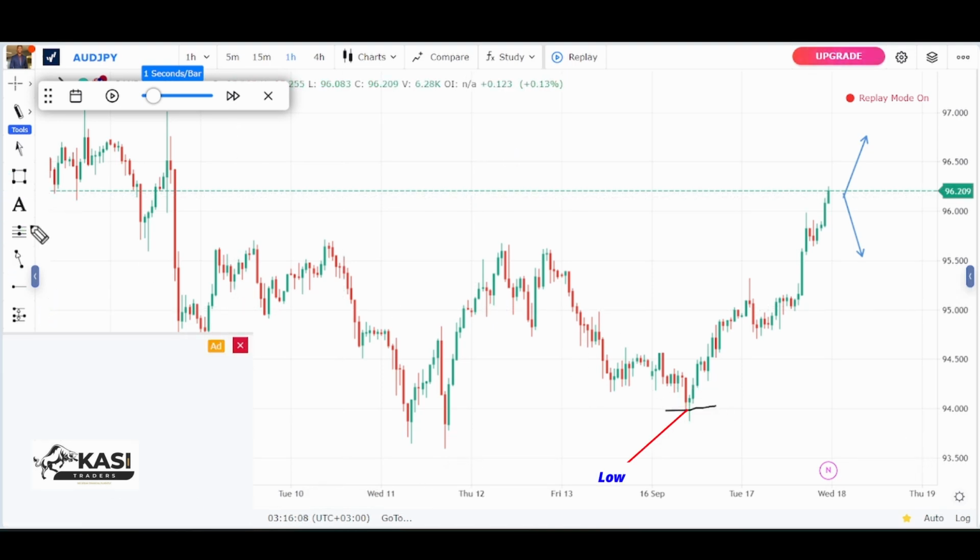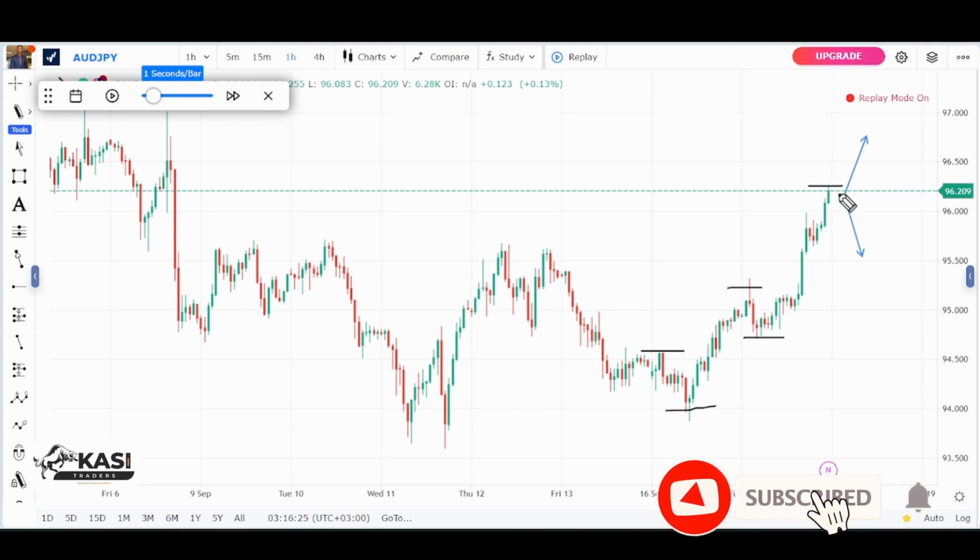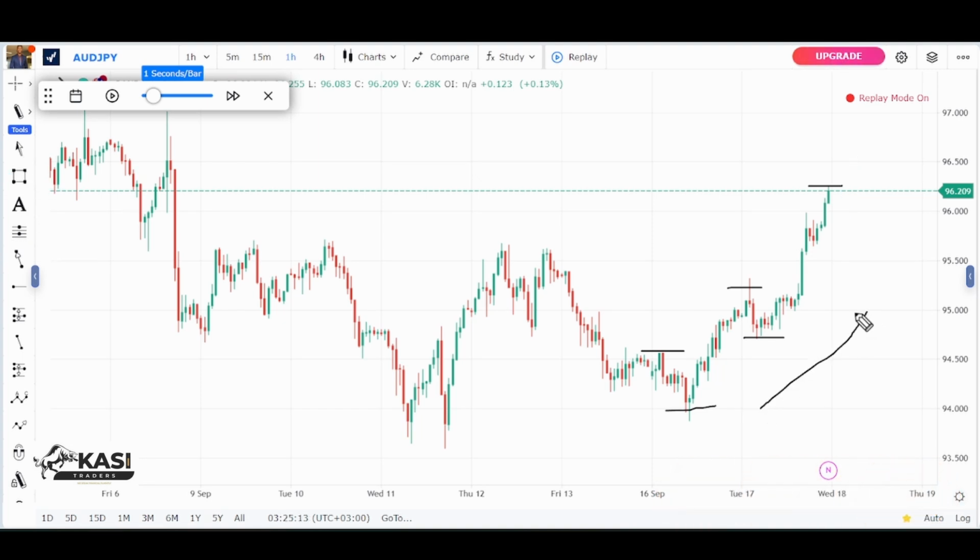This is low, this is higher low, this is high, this is higher high, and let's find out if this will be our next high. Now that we have identified that this is an uptrend,